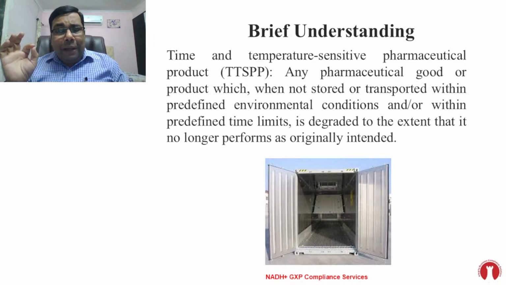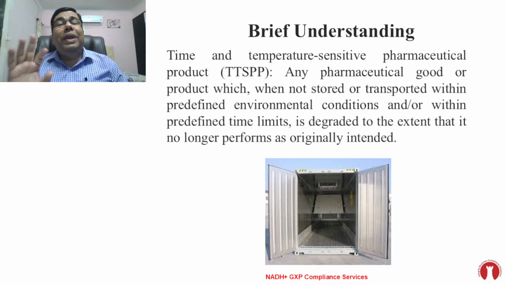Most of the biotech products fall under this category. Most of the injectables, which are retroviral or potent products, fall under this category. Most of the vaccines, biotech as I told, also fall under this category. Even the COVID vaccine falls under this category. Even some APIs which are sensitive enough, and some steroid APIs, also fall under this category. So this is applicable for products which are sensitive. Very simple definition. I think I am making the point clear to you.